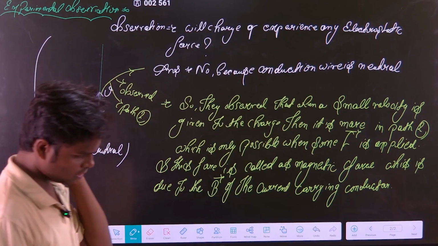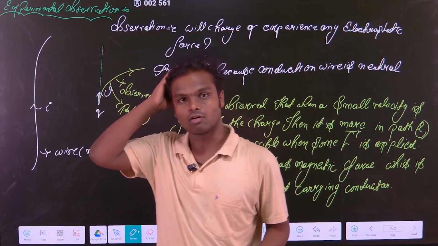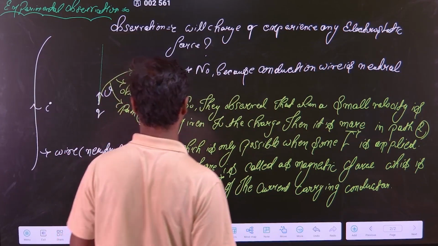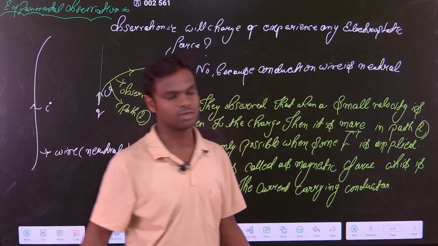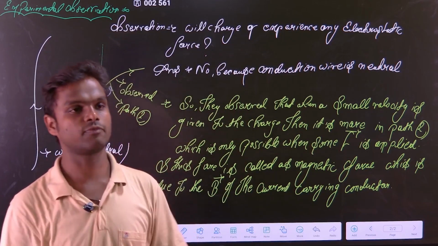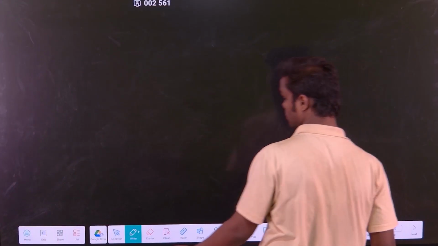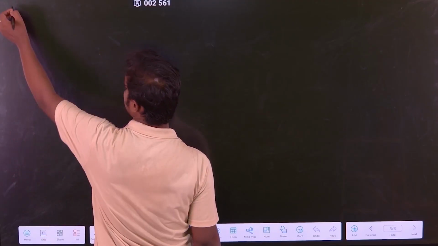After this observation, they have given a first law. So from there they got the idea. Basically, a lot of other things were also done. They don't directly go to the conclusion that this is a magnetic field. But yes, this is what they performed, and finally they arrived at a very famous law. And what does this law say? This law is called